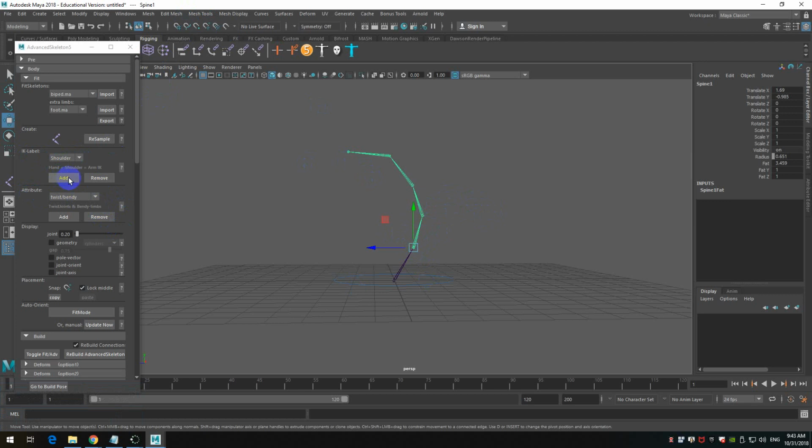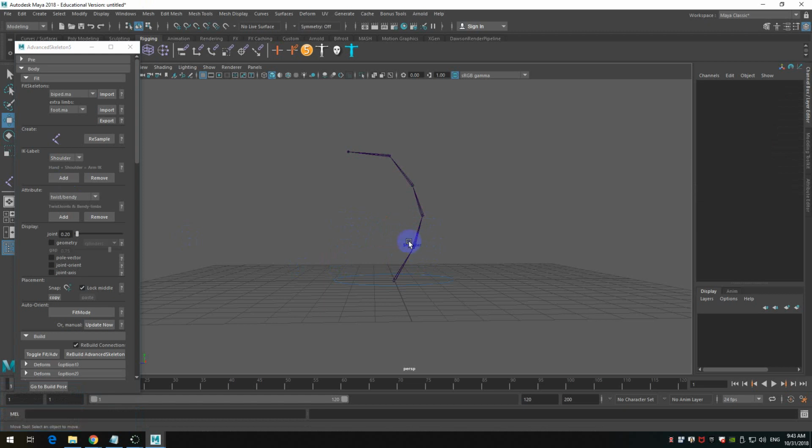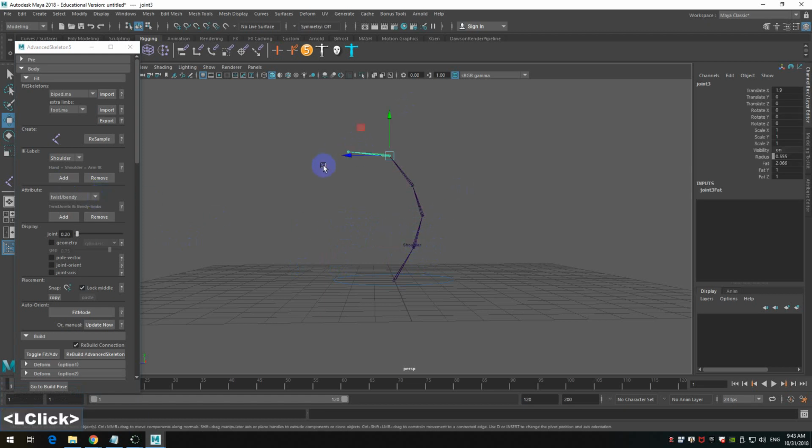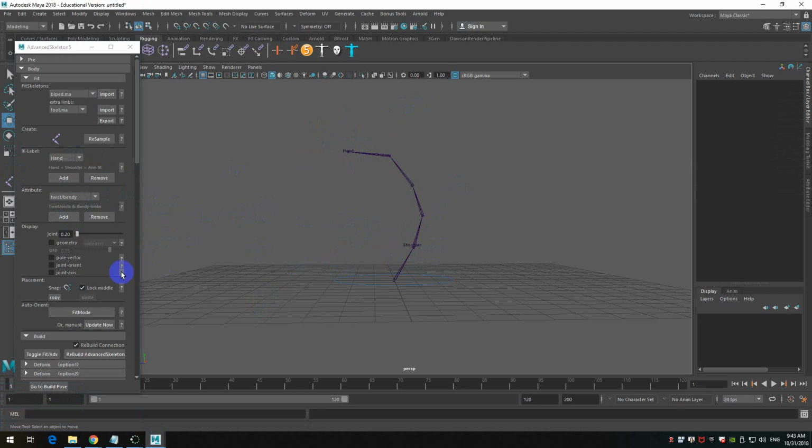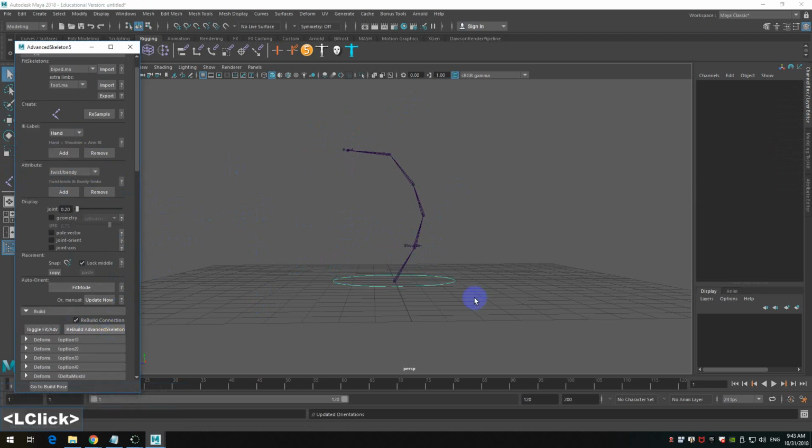Okay? As you can see, it creates a little text. And where do I want the effector? I want it at the end, so I would put the hand at the end. So now if you click build,